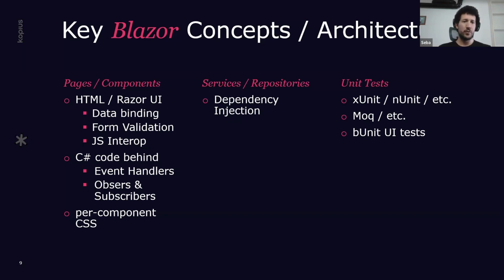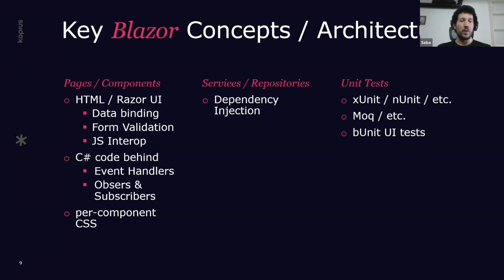which enables us to do data binding and form validation. One of the biggest key things of Blazor is that we don't need to use JavaScript, and in fact, we should avoid doing so as much as possible. But if we do have to use JavaScript, then we can. There's a JavaScript interoperability